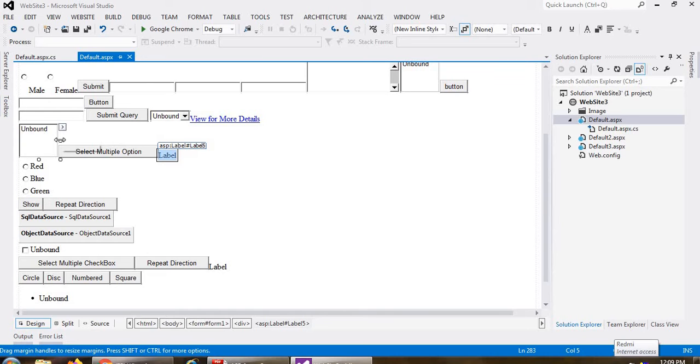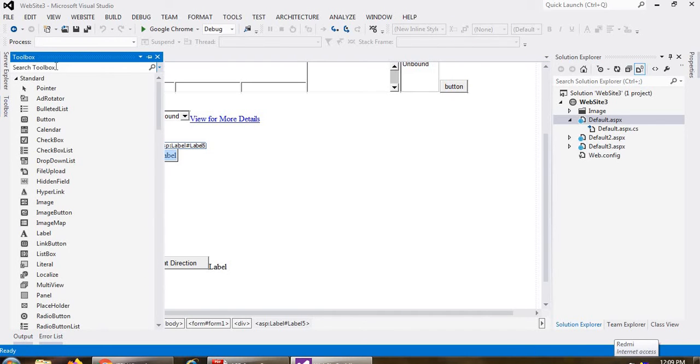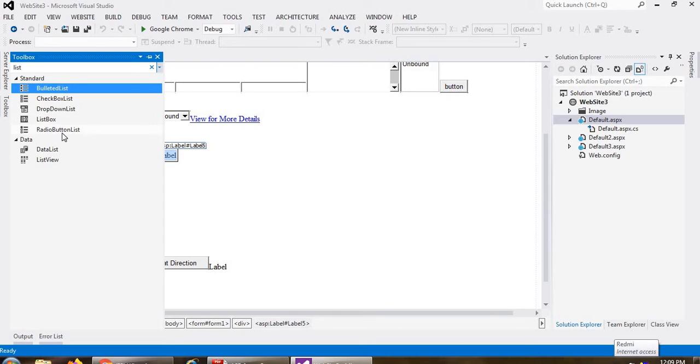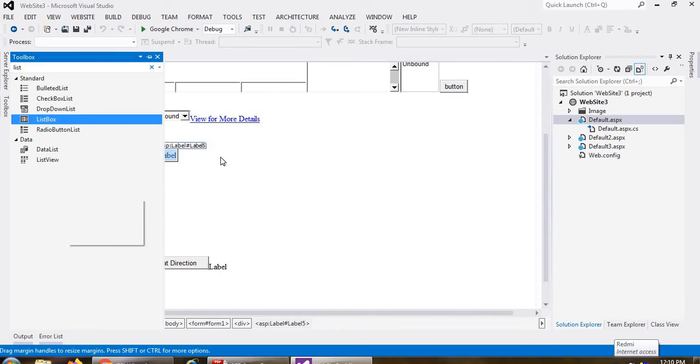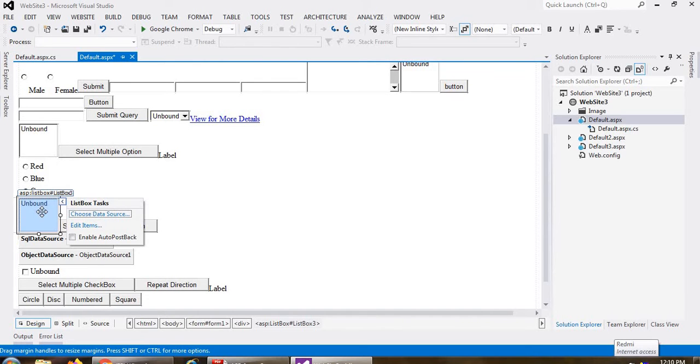So how do we take these controls? Go to the toolbox, and here you can select the list box. You can drag and drop it on the form like this. If I select this, it displays like this. This is my list box control.